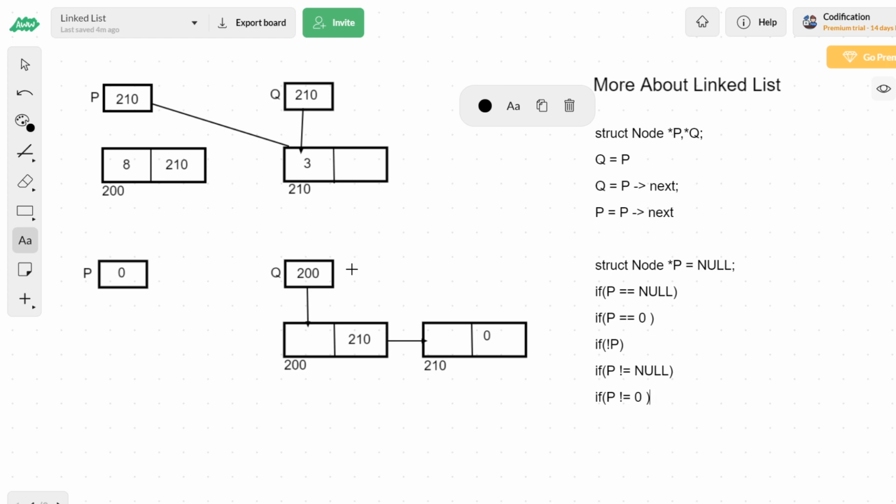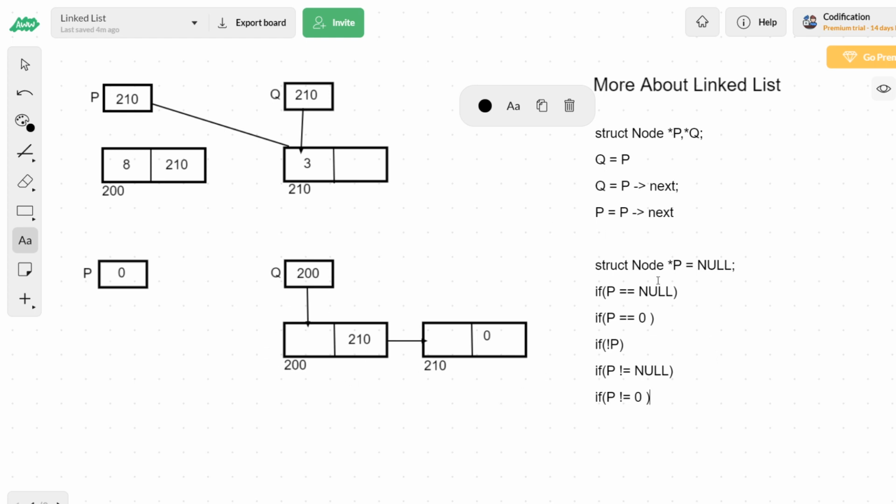A non-zero number will definitely be an address, because it is a pointer. So it has to definitely point to a node. When a pointer is equal to null, you can say that it does not refer to a node. When a pointer is not equal to null, you can clearly say that the pointer is referring to a node. That's it. Very simple.